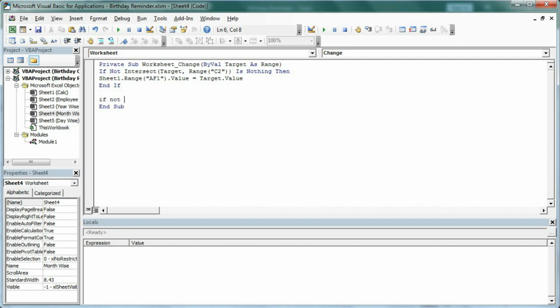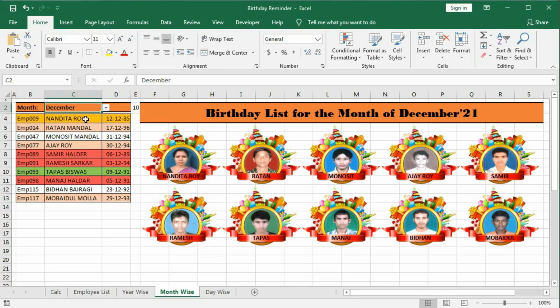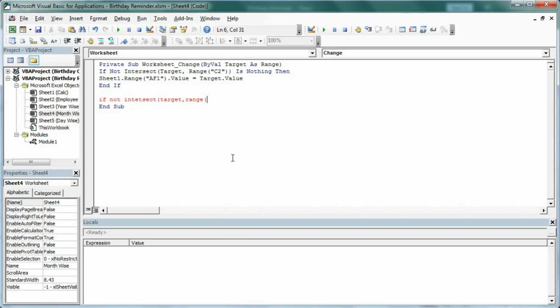if not intersect, bracket open, target, comma, range. The range is C2, bracket close, then bracket close is nothing then call pick month, that is the name of the module.